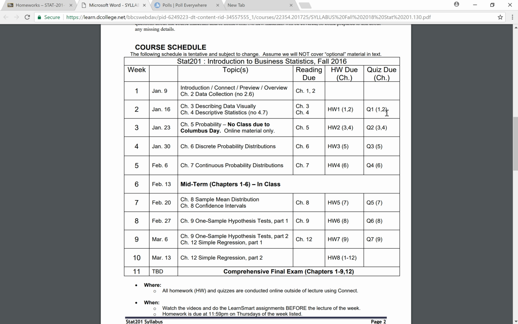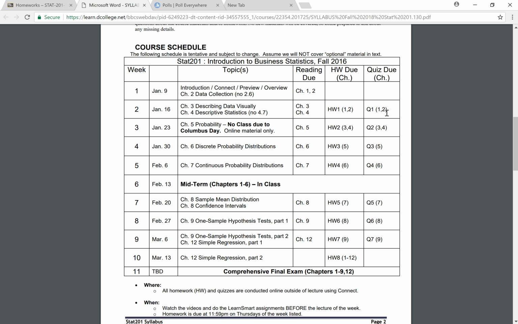Just be careful about doing that after the due date, because there's the 1% penalty per day. I guess I take your highest homework score, so it shouldn't be a problem, but just take that late penalty into account. Your quizzes, on the other hand, you get one shot at, and there's a time limit. I don't remember how long it is. You'll have to double check that before you start the quizzes.